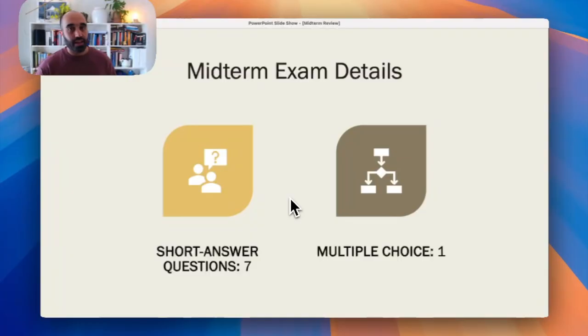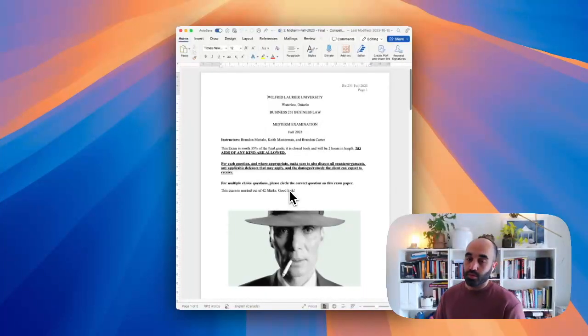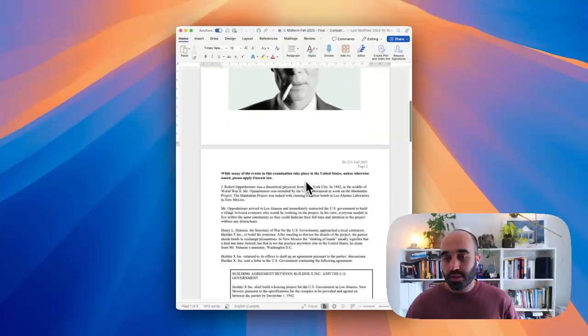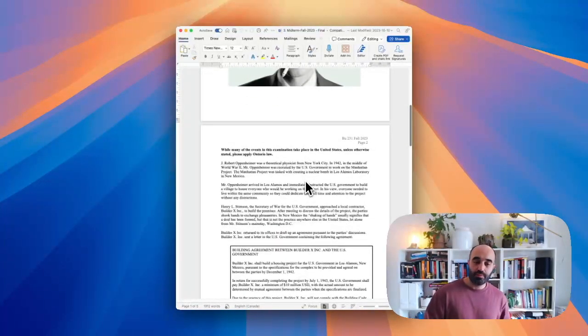So starting with the exam itself, what you can expect is 7 short answer questions and 1 multiple choice question. In terms of what the exam itself will look like, we've provided you with multiple examples of previous actual midterm examinations. So what I have in front of you right now is the midterm exam from fall 2023, so about 2 years ago. And as you go through it, you'll see that the style of the examination, it's what we